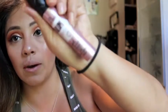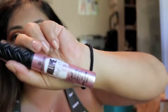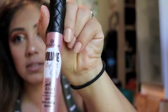And for mascara, if y'all have been watching me, you know I'm obsessed with this one. This is the Essence Volume Stylist Curl and Hold with microstyling waxes. And I love it. In your face. I kind of feel like I don't want to cover it up. We'll see. I mean, my lashes are long enough that I feel like...